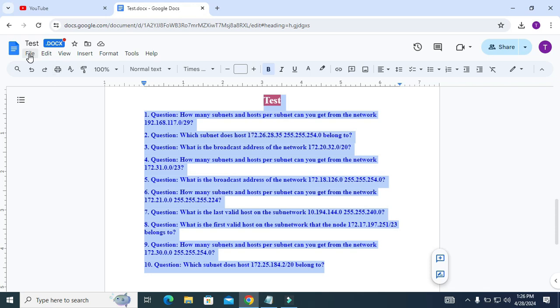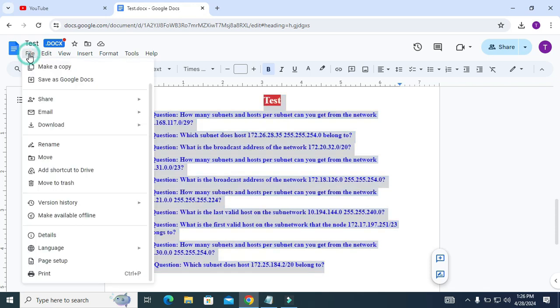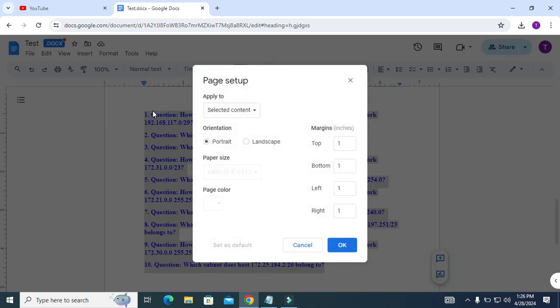and again click on the File tab in the upper left corner and then click on Page setup, and here you will find Apply to, and Selected content is selected. You will find here two options, Whole document and Selected content. Just select Selected content here and then under Orientation click on Landscape and then click on OK,